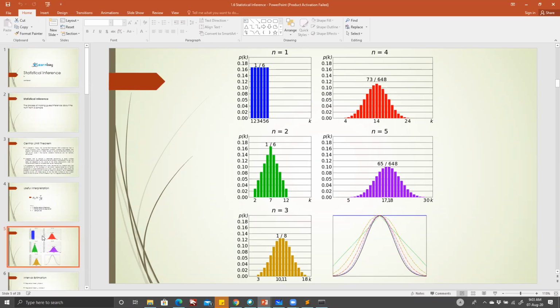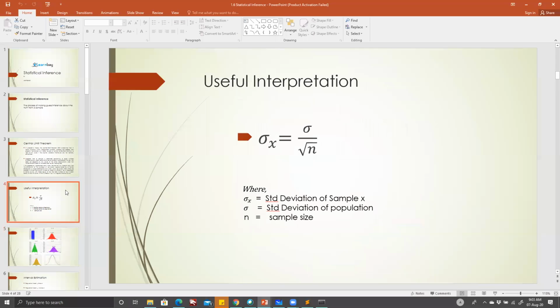Yeah, got that. Okay, remember this, because this will be helpful. Now, one useful interpretation is, and I'm not going to go too deep into the explanation here because the formal derivation is a bit long. But I will give you a simple idea of what it is trying to say: the standard deviation of the sample mean, sigma X bar, is nothing but the population standard deviation divided by the root of the sample size.